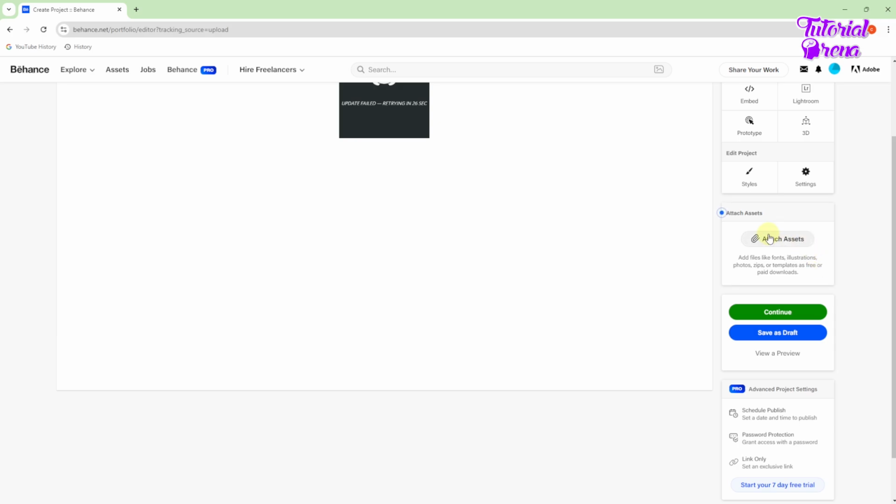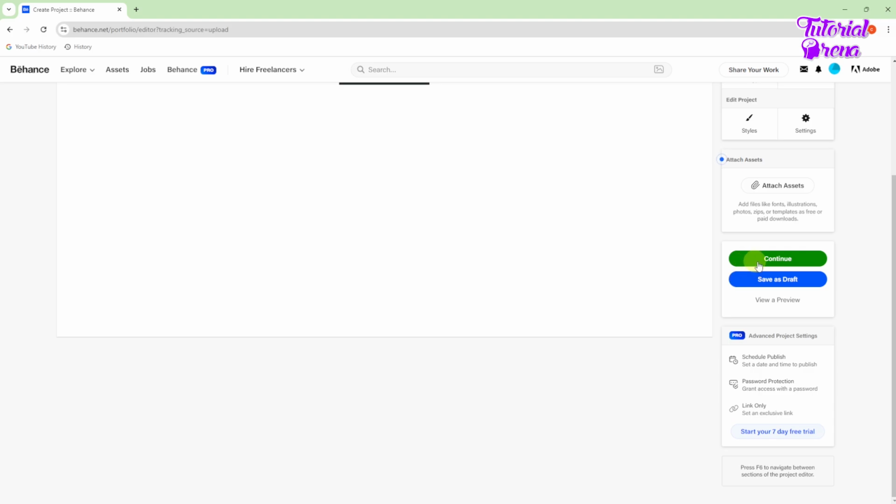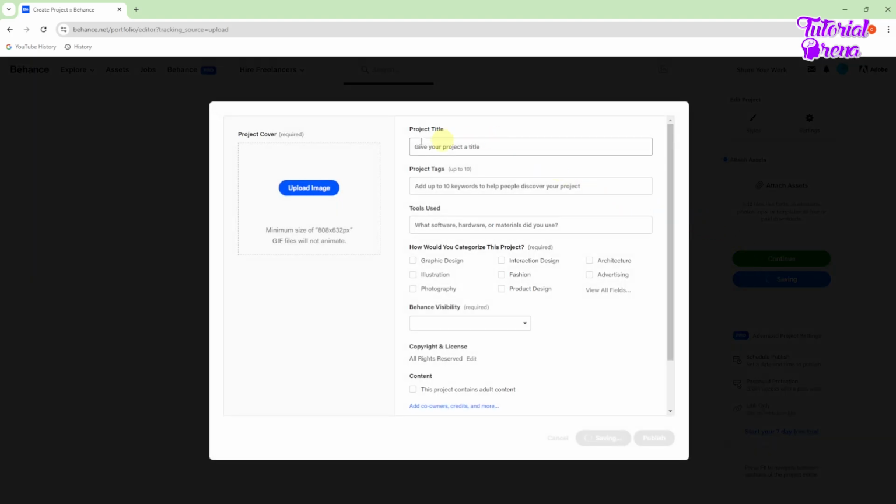So after that, as you can see, we got the Attach assets option. From here you can upload assets like the project file. The project file is simply for the graphic designer: PSD file, AI file, Illustrator file, EPS file. So there are a lot of things you can upload as an asset. All right, so after that you can simply tap on Continue, and now you can just